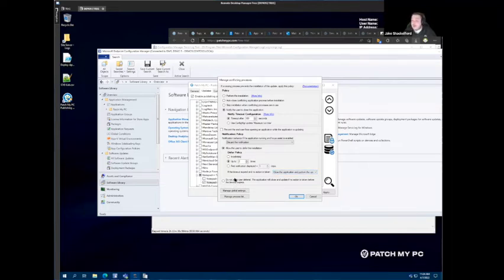You also have the option to say, you know what, I don't want to use a deferral policy. I want the user to get that pop-up and they can either close the app right then and there or wait the 5 minutes and it'll close it for you. In this case, I'm going to leave the allow user deferral policy on, and we're going to jump into